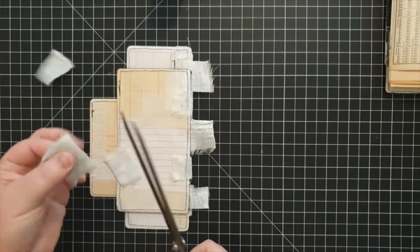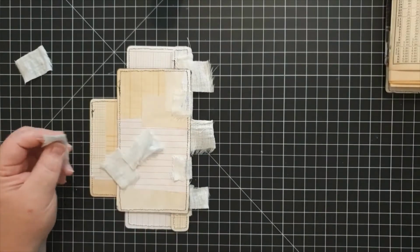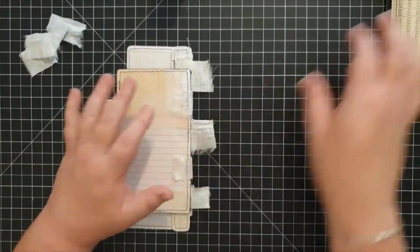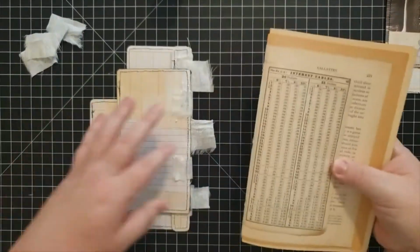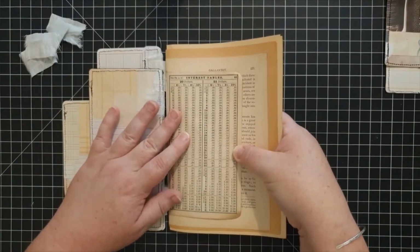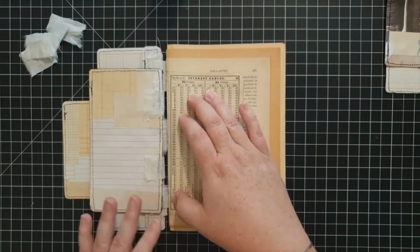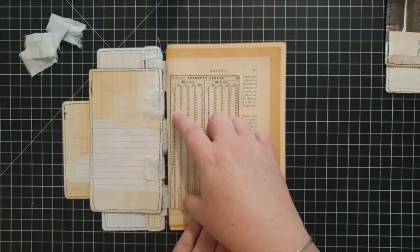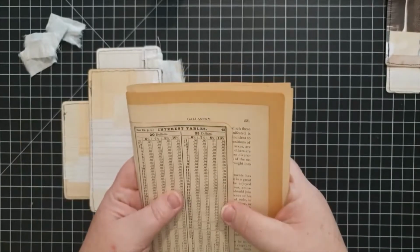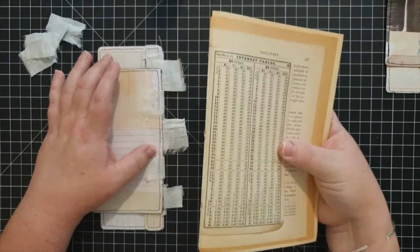I'm gonna make these just a little bit less, and I'm gonna cut these like that. All right. So we've got probably enough to finish now. Okay, so now I'm at the point where I'm ready to add my signature, and I'm just gonna line this up vertically. And I already showed you I've done a pamphlet stitch on this, so this is actually sewn together already. So if you're doing one with a signature inside, you know,